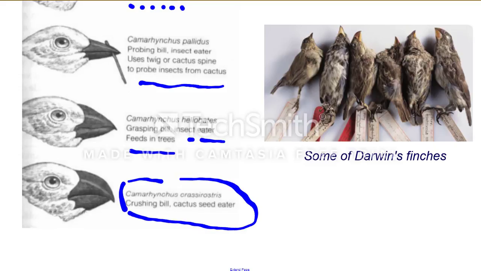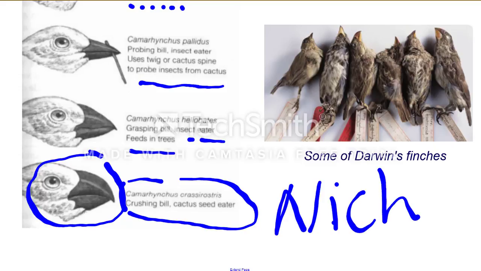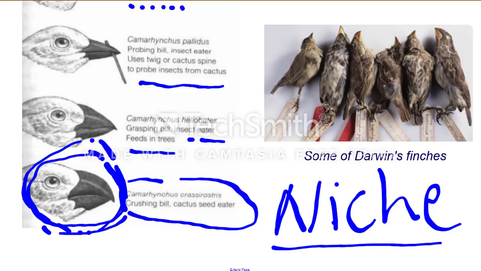In comparison of the shapes of beaks, this one makes me think of a parrot. Anyways, a seed-eating finch. You can see by the shape of the beak, it would allow them to do different things. By having different types of eating behavior, they were able to form their own niches, and they could specialize, increase their fitness, and with increased fitness have reproduction over and over again, with more and more of their children sharing this characteristic. It became more pronounced over time, and over time they became their own species.